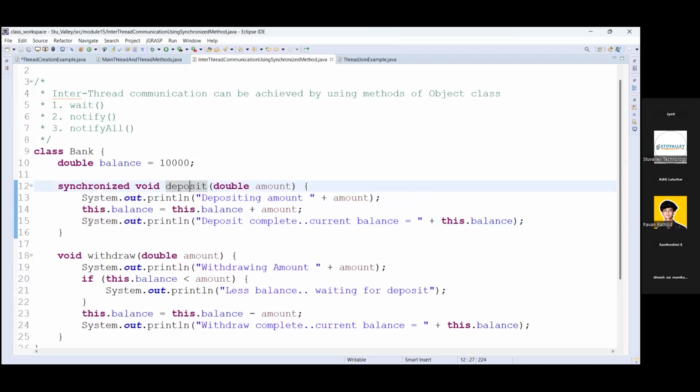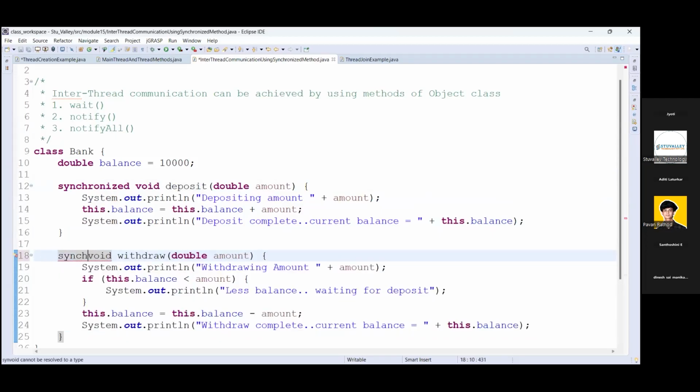That's why we mostly prefer the second one, the synchronized block. So I want to make this method also synchronized, so we will make this also using the synchronized keyword.